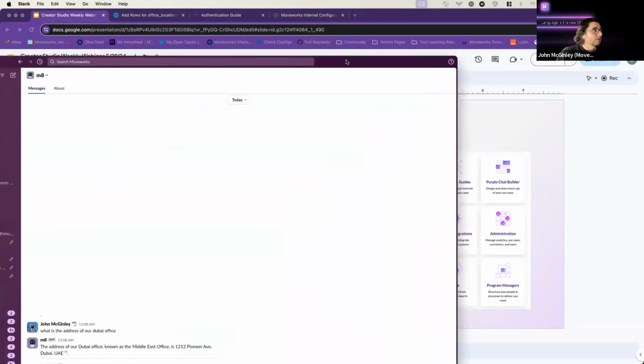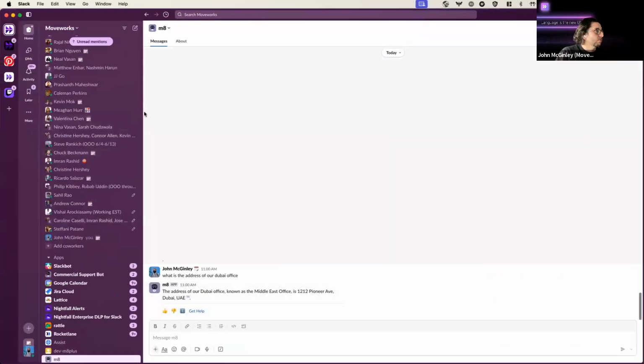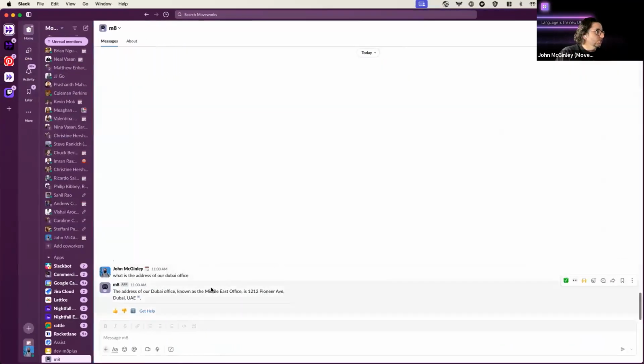So now let me show you my interaction with my Moveworks bot. So I can see that this is now propagating successfully. So if I ask, what is the address of our Dubai office? It will tell me the address of our Dubai office, known as the Middle East office, is 1212 Pioneer Ave, Dubai, UAE. So if I then ask,